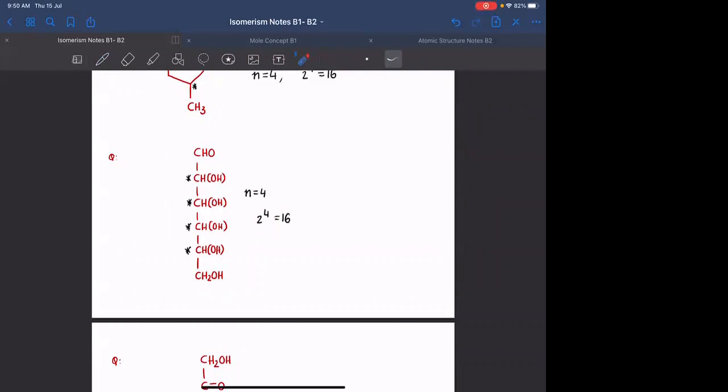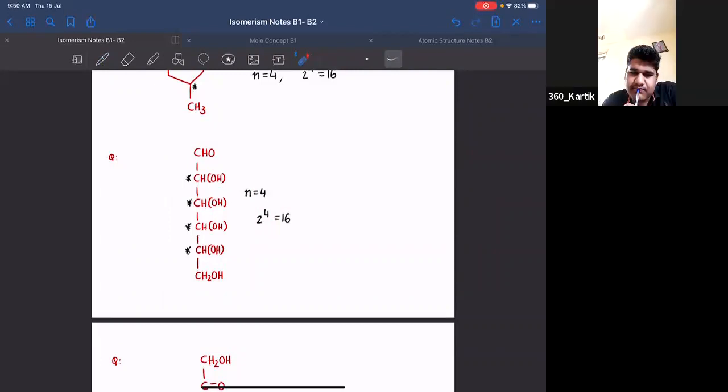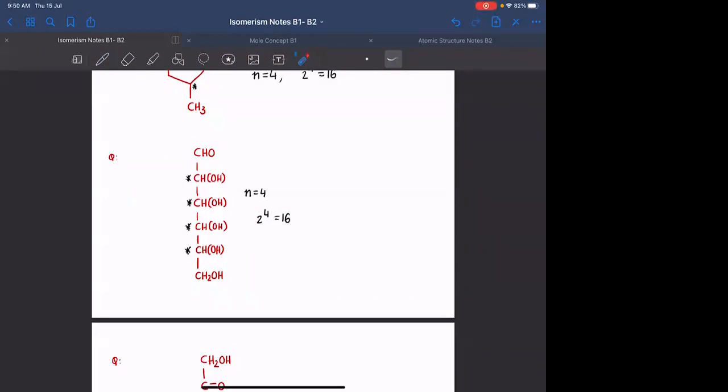Okay? सेकंड और थर्ड कार्बन कैसे? Second or third carbon chiral? This carbon is a chiral because you are having CH, OH. ये CHO है, ये ऊपर वाला part, नीचे वाला part different है ना? It is attached to H, OH. This is a different group. This is a different group. Similarly, this is attached to H, OH. This is a different group. This is a different group. See the groups attached to that particular carbon. Clear है, Karthik?